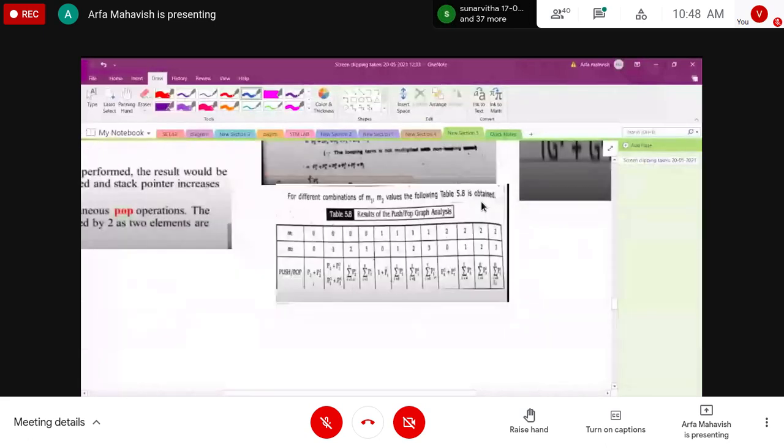Same like that, if you are assigning values for the push and pull operations in the graph, you will get this rate of p1 and p. If you are considering the p1 value as 0, 1, and these types of values in p1 and p2, then in the push and pop operations we will get this result in the table.